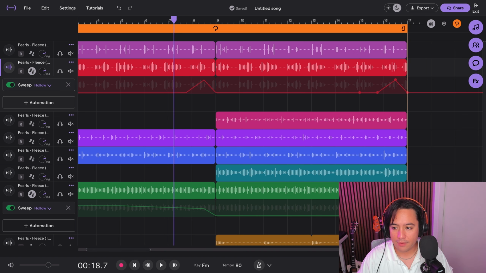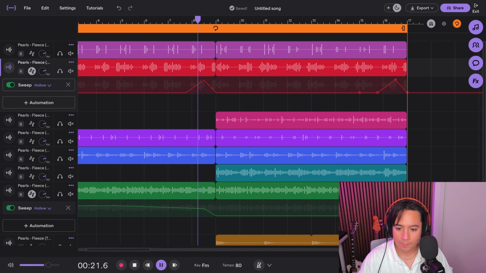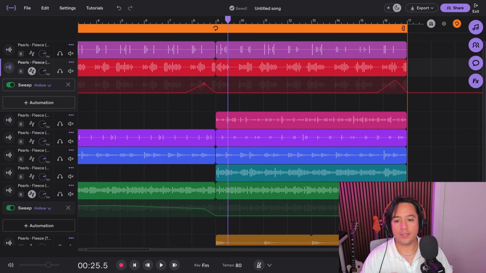So now we have a production that evolves a little bit as it plays through. We can actually move this down so we still get a little bit of that bass. So now we have a little bit of a movement there. Another thing that you can do with